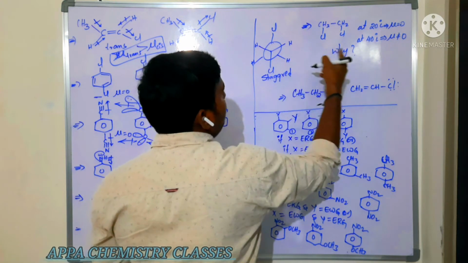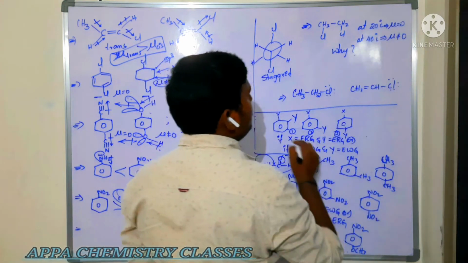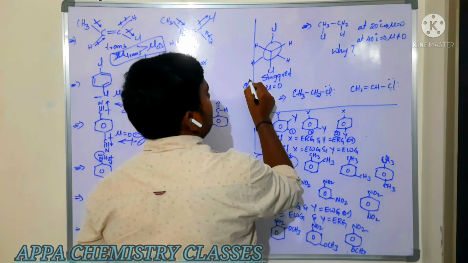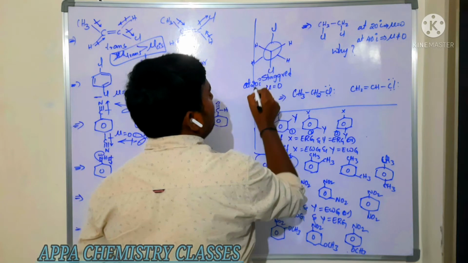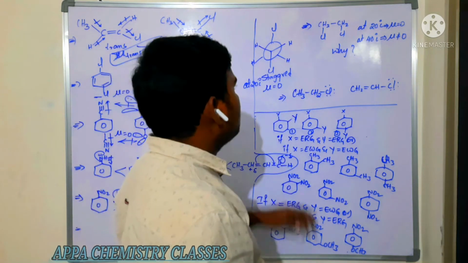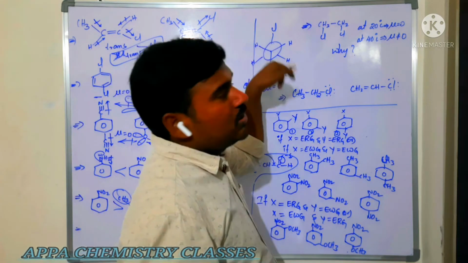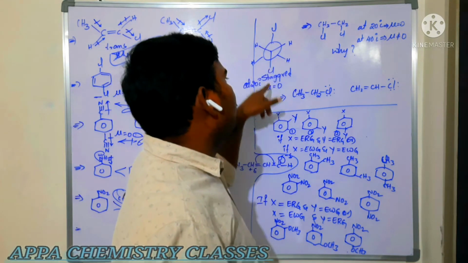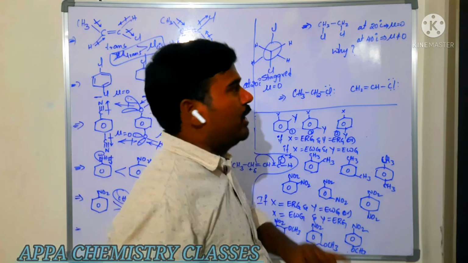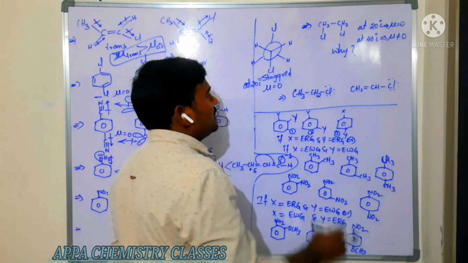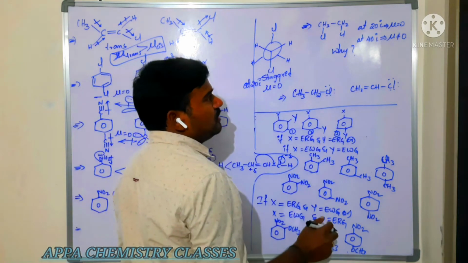So at 20 degrees Celsius, what they are saying, mu is equal to 0. Say for example at 20 degrees Celsius, mu is 0 in the staggered case, because both the chlorines are opposite. So the staggered conformation will have zero dipole moment. But what happens whenever the temperature is increased to 40 degrees